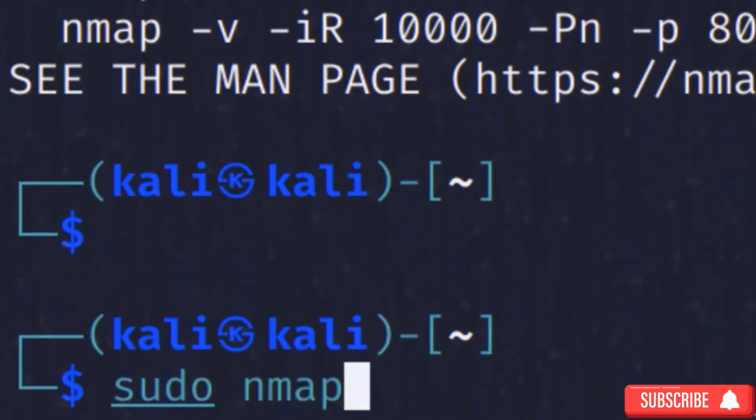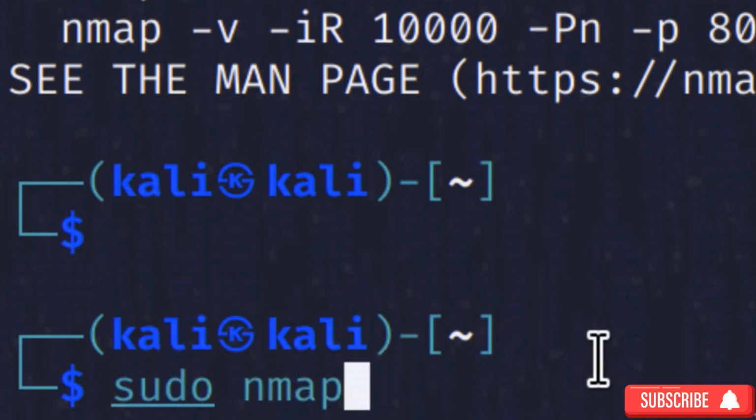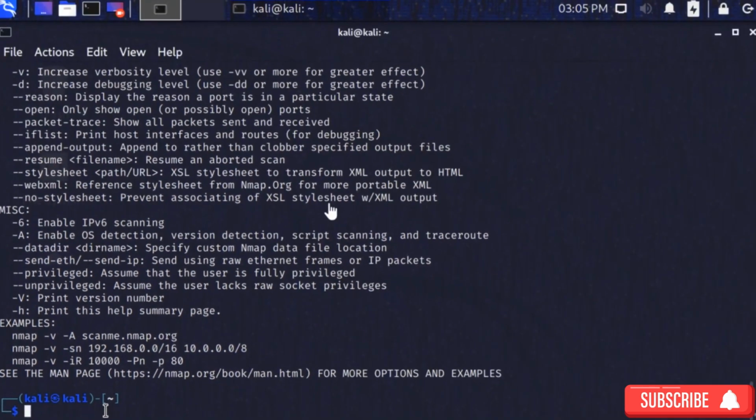So sudo nmap, what this will do is it will basically switch user and then do this command. What user is it switching to? Switching to an account that has permissions to run nmap in a higher privilege context, and that will be root. So when you do this, I put my password in for Callie, and it's going to run it with the permissions of root. Now, for the password, I typed in my password, not root's password, and that's because my account,